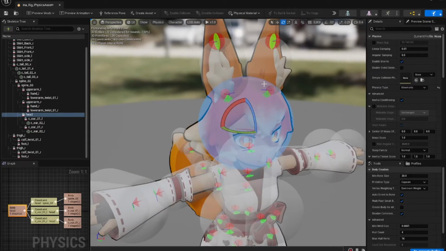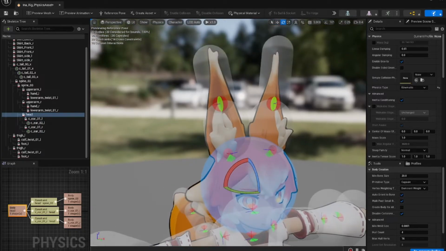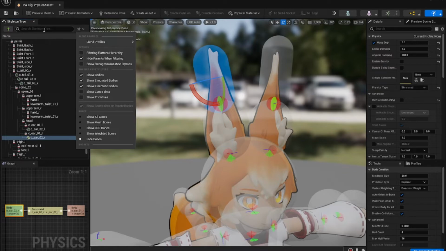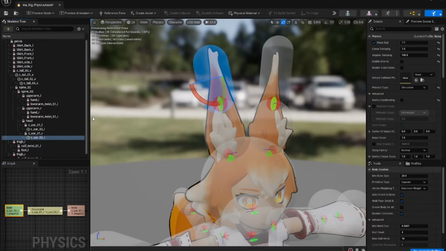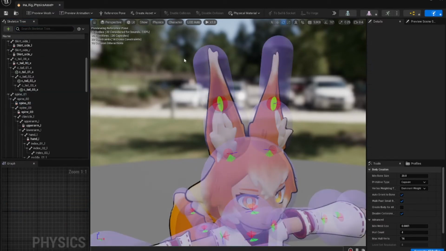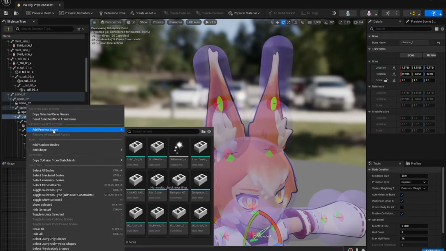Once you add your rig, sometimes it doesn't have all of the capsules for all of the bones. In that case, click this cogwheel here, show all bones. Then select the bone that you want the capsule on, right click and add,